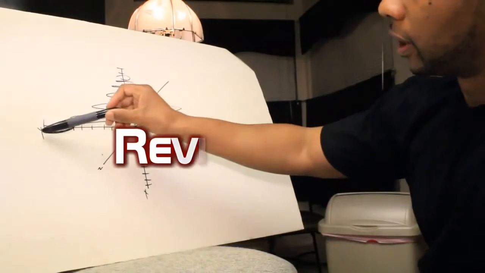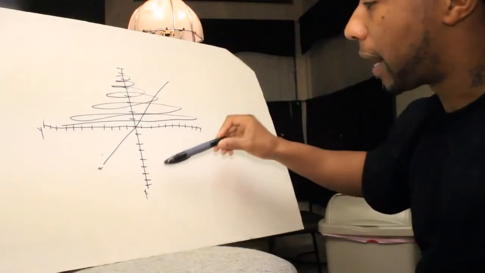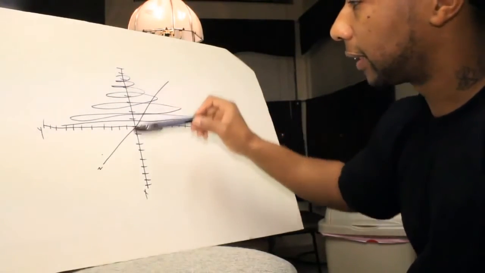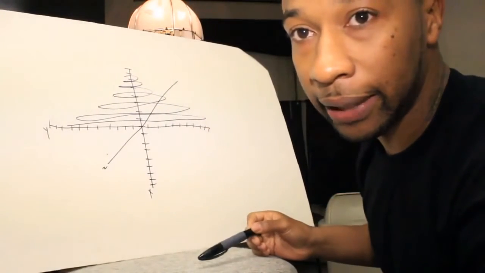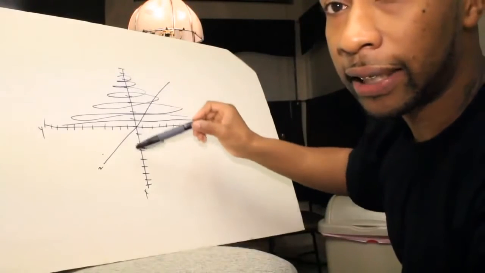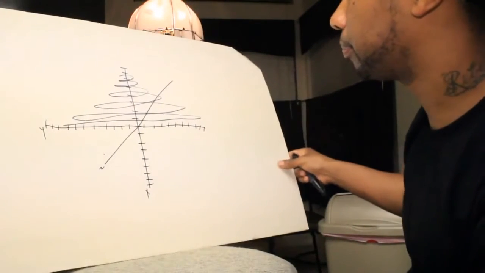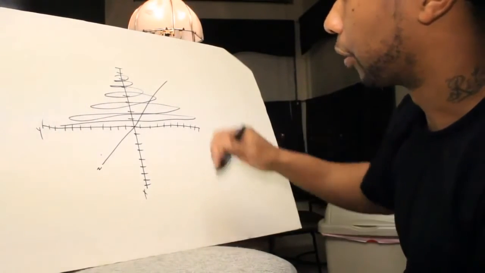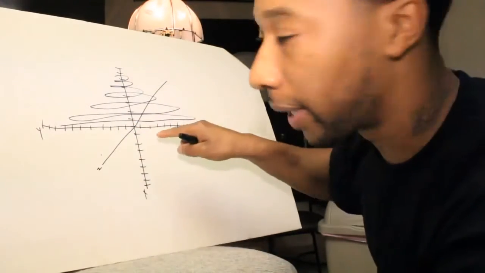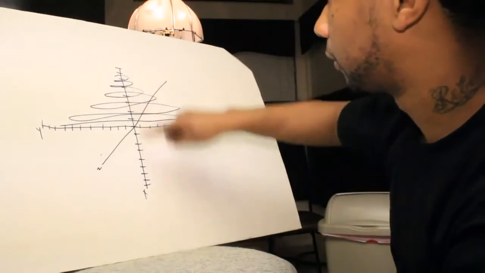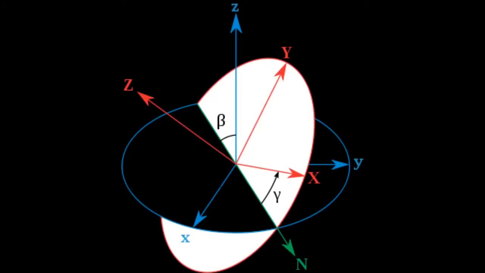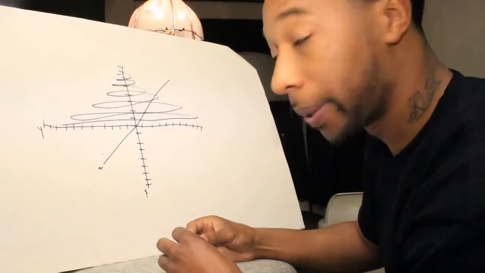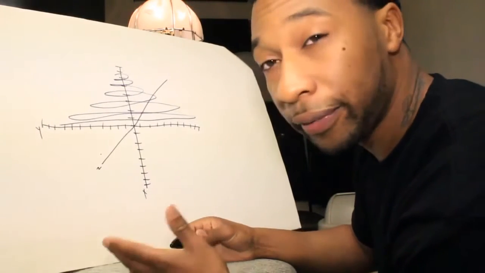We have a time axis, we have a dimensional axis, and we have an axis that represents the space plane, the plane of space. So if you were looking at this in a 3D-ish aspect, you have your height, width, and depth. Okay. All right. So what I wanted to touch on real quick, I kind of left out,